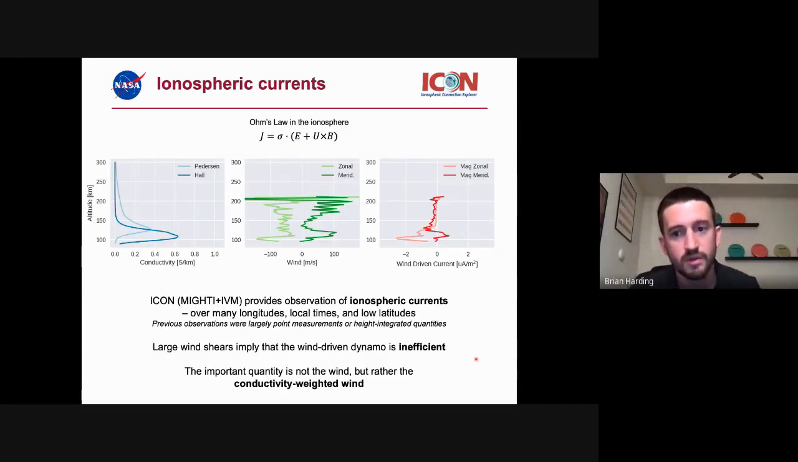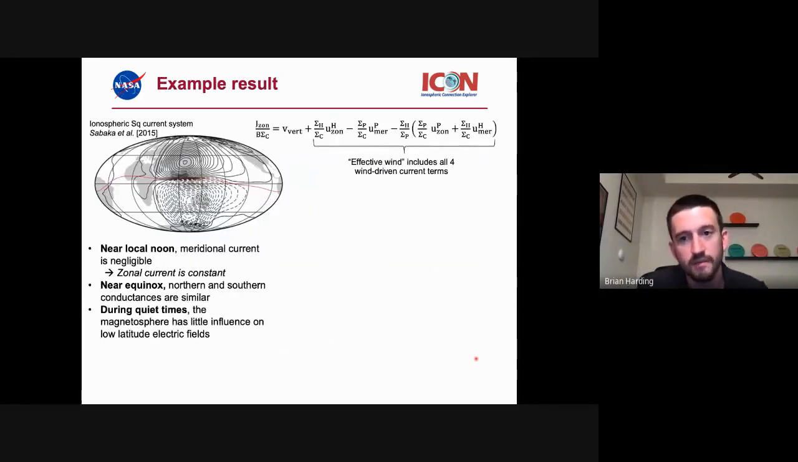So the dynamo is global and complex, and in general, the wind at one place can affect the electric field somewhere else. But you can get a very simplified version of it in certain situations. So for this result, what I'm just going to be showing is near local noon. This is the SQ current system, the average solar quiet current system in the